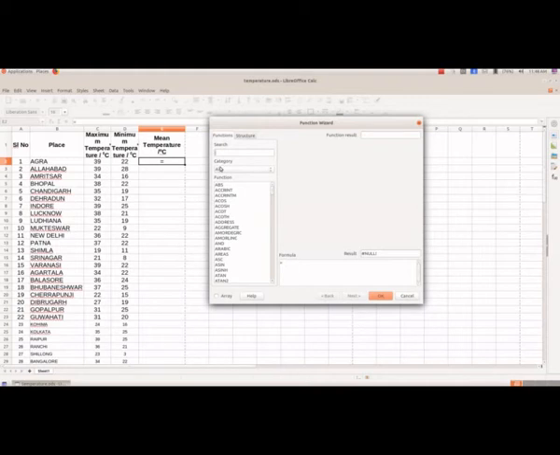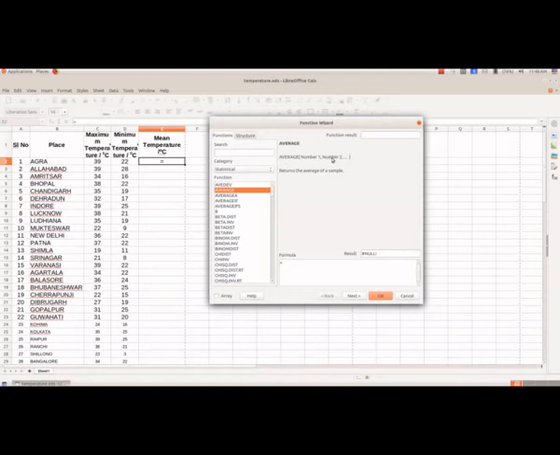And since we are going to find the average, your category is given as All, we will change that to Statistical, and there we have Average. So we will select this average.